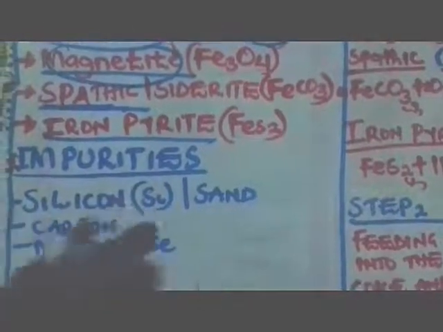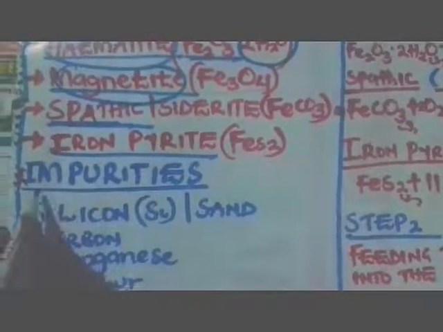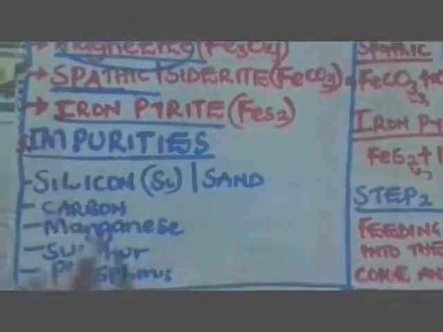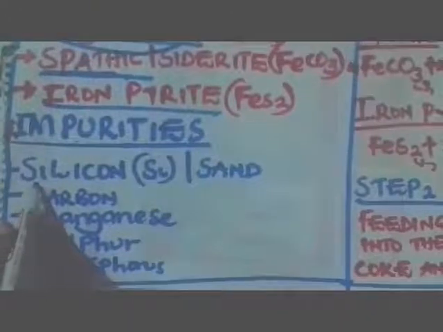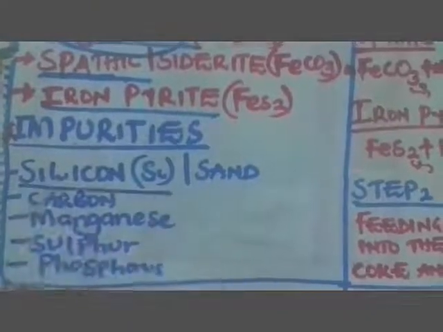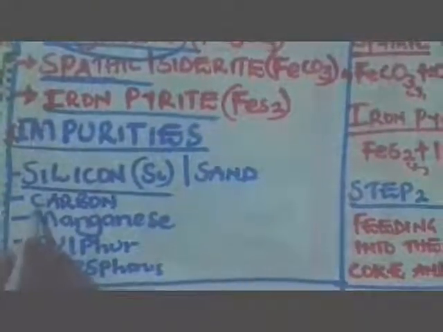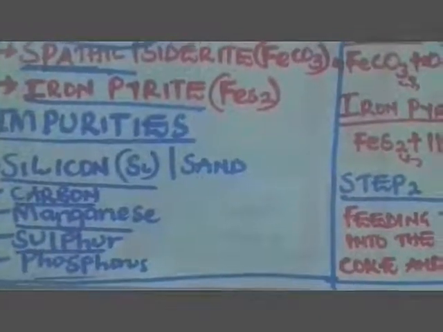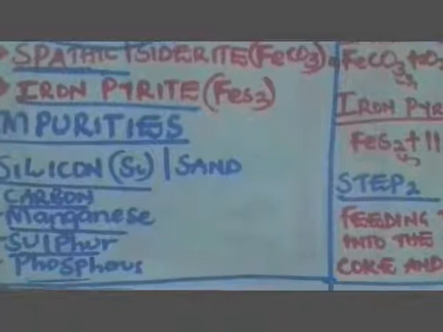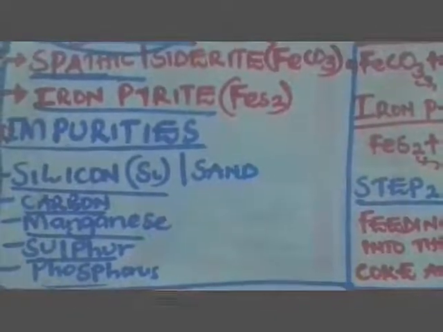Now, to understand properly how we can extract a metal, we have to understand clearly the impurities in a metal. The impurities we are looking at, which are mainly in the ore of iron, are silicon, carbon, manganese, sulfur, and phosphorus. Now, when we are extracting iron, we have to take some steps. The first step that you are going to consider is